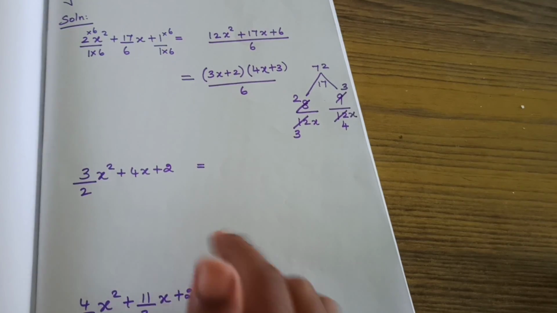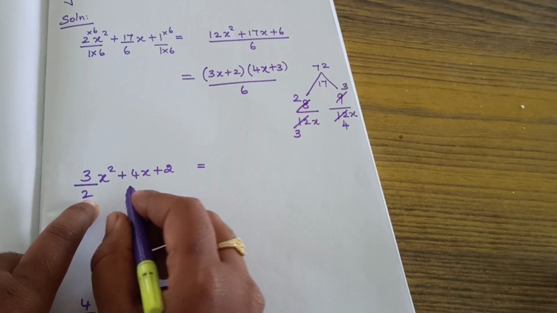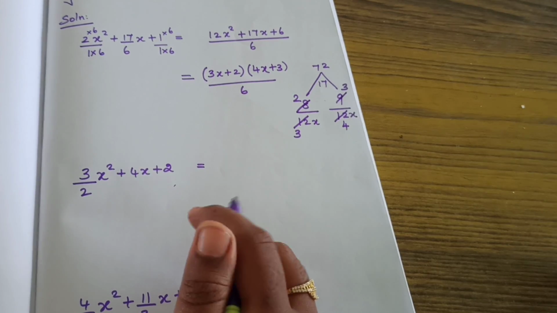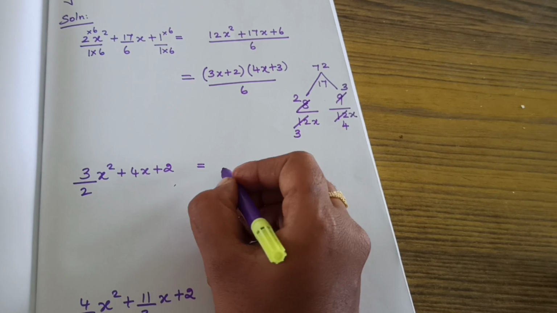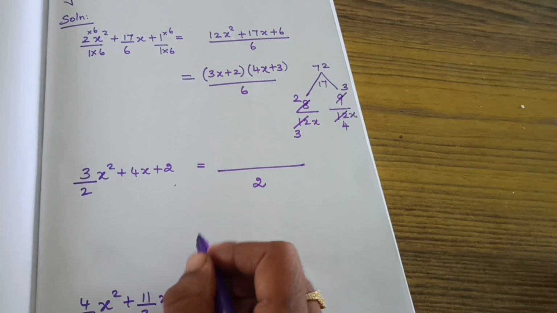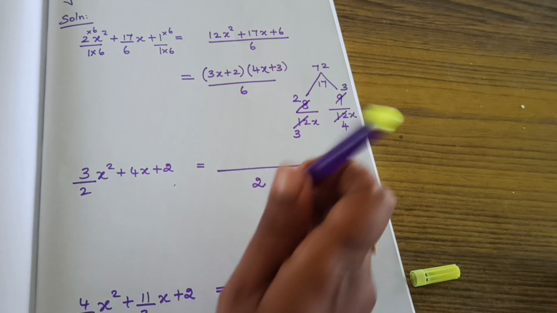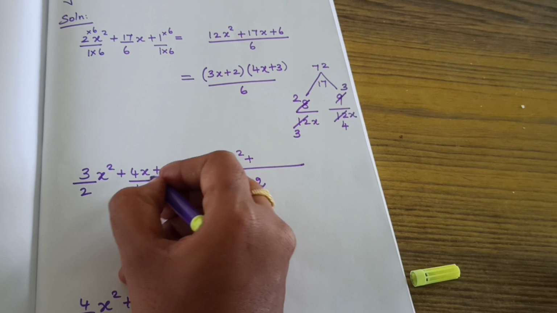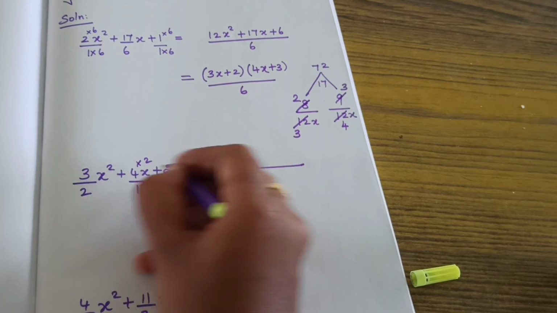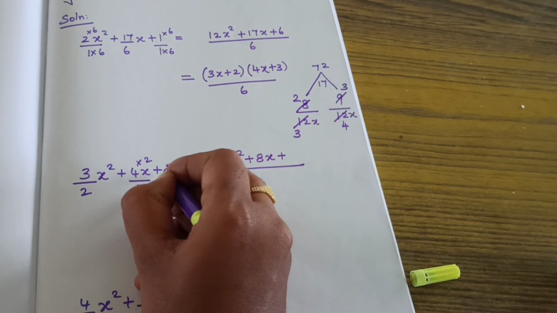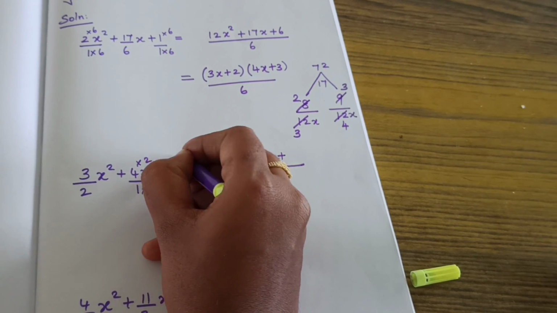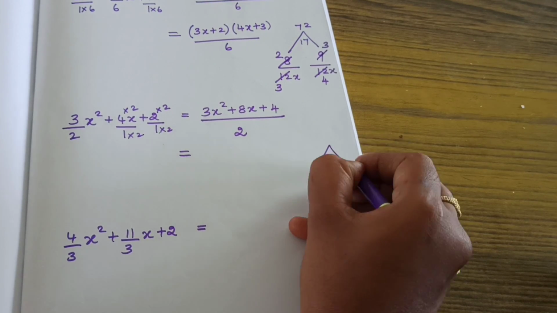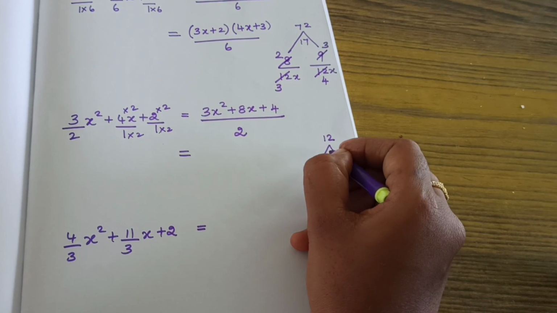Got it? Likewise, here also, first change everything into like term. After that, we need to factorize. Okay, listen. Here 2. So the denominator is 2. Here, 3x² plus here 1, no. So into 2 into 2. 4 2s are 8x plus here also 1. So into 2 into 2. 2 2s are 4. Now need to factorize this. Multiplication factor 12, addition factor 8.